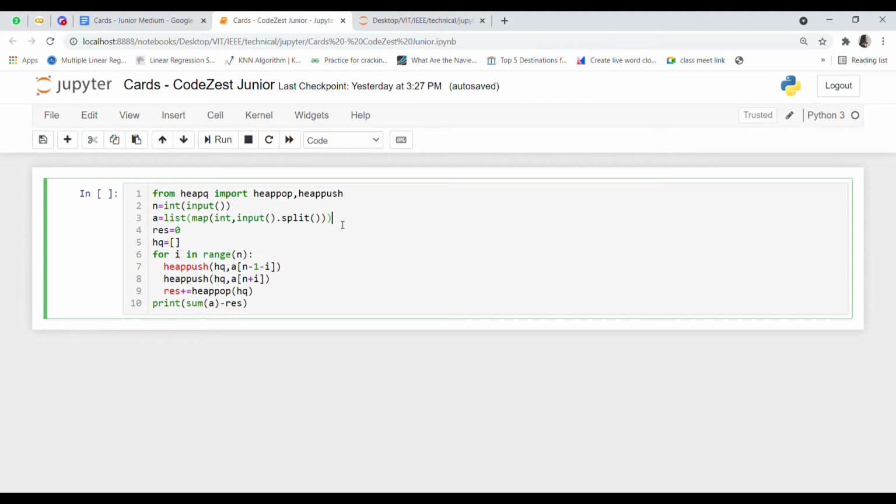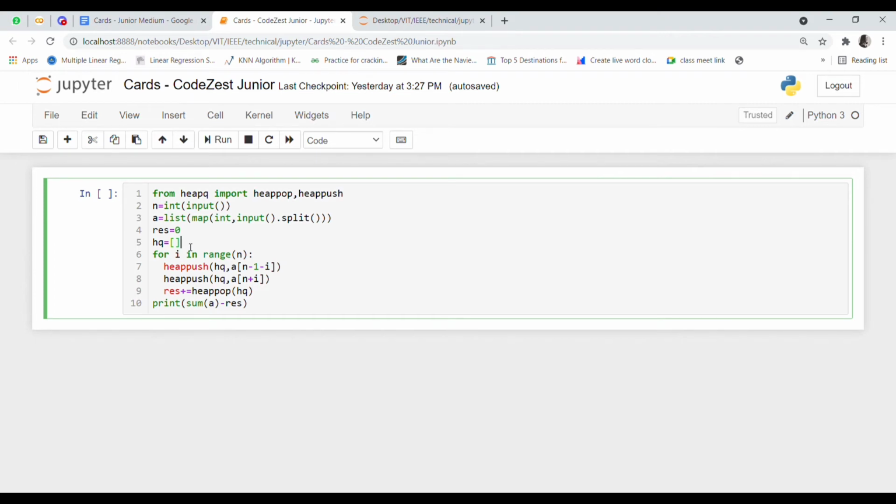So basically we have taken the input, eliminated the trailing spaces using the strip function, then split it to create a proper Python list out of that string. We have declared a variable res, and we have initialized it to 0. We have created a heap, HQ, an empty heap for now, and we have